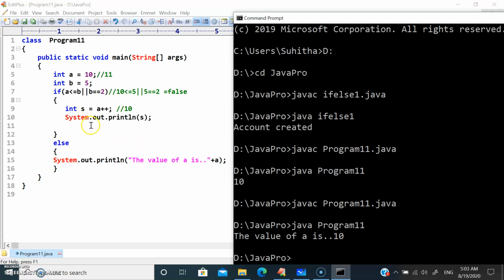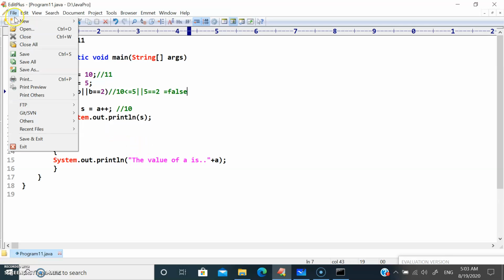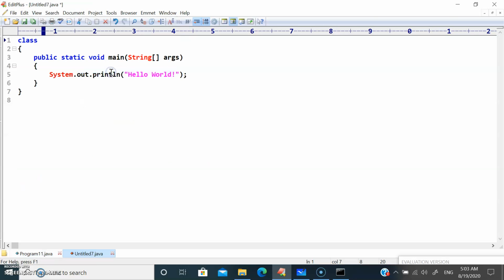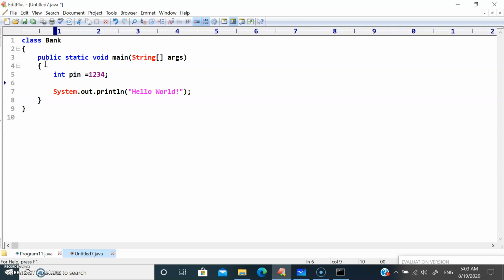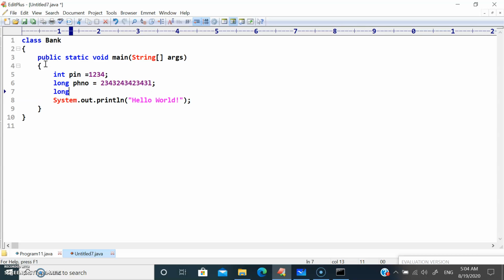Let's see another example for if else. Let's take an example for a bank. So let's take int pin is equal to 1234, and long phone number is equal to a number with L at the end, and long account number is equal to a number with L at the end.